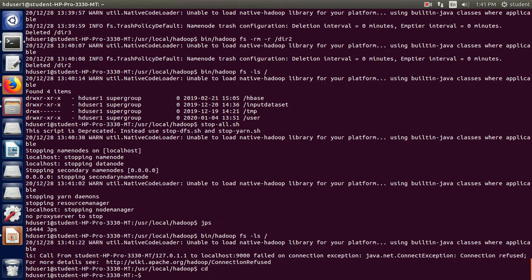So like this we can work on the various shell commands. To summarize, we have seen how to create the directories, how to create the files inside directories, how to see the contents of the directories, mkdir, the ls command with the various options. Then we have the cp command, the cat command, the rm command, then we have the put command and get command. All these commands we have seen under this Hadoop shell.